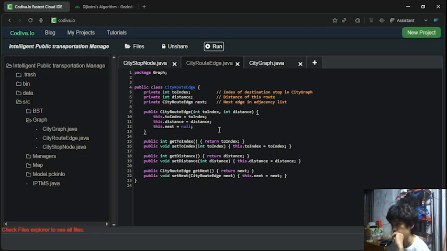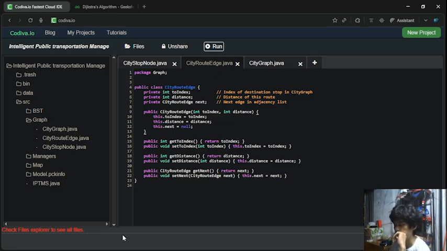For example, get the next edge of vertex A or get the next edge of vertex B. So later I will be discussing the city graph class. That will be later.